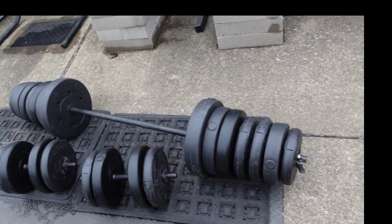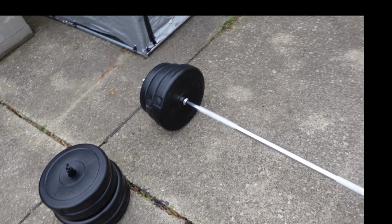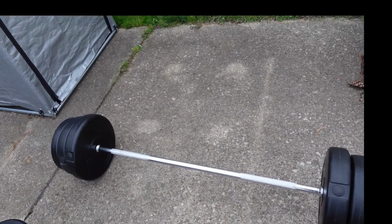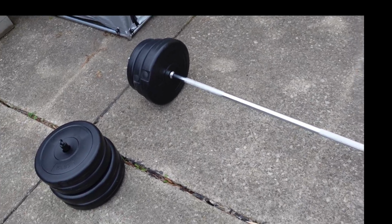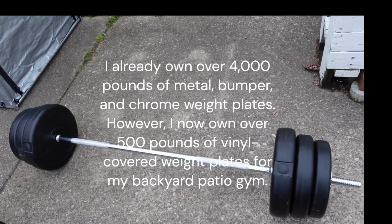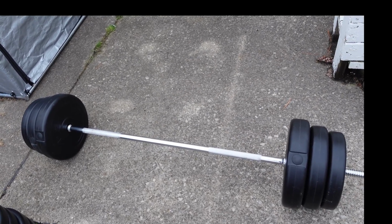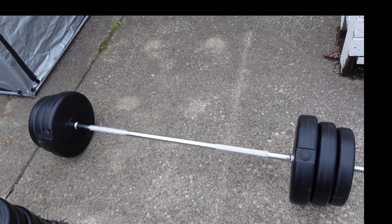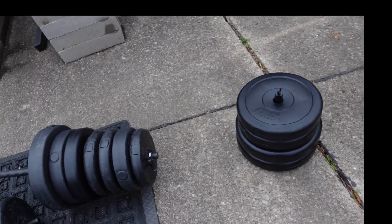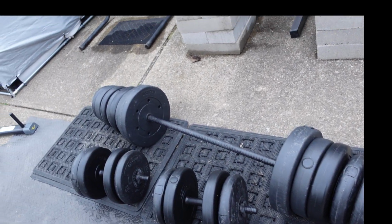But the purpose why I bought concrete plates is because I want to keep it outside in my backyard patio. So if it rains or snows or the sun beats down on it, then it'll be okay. The concrete plates are cheap anyway, so even if they were to fall apart, I would just buy new ones. And I have concrete plates over here that I've had for over 40 years, and they still withstand the test of time